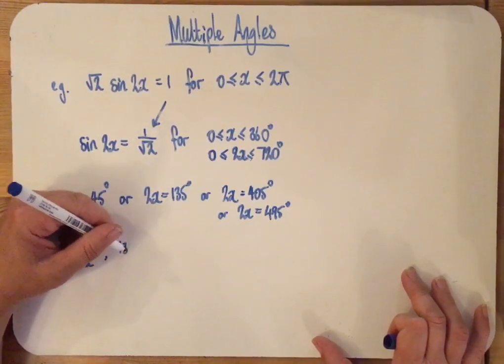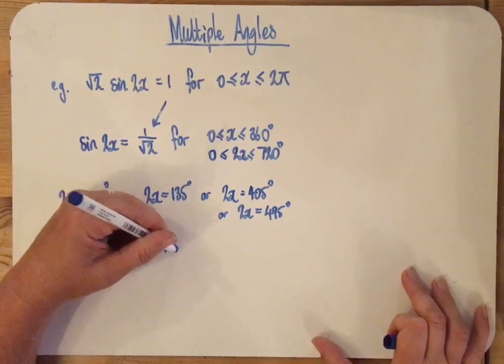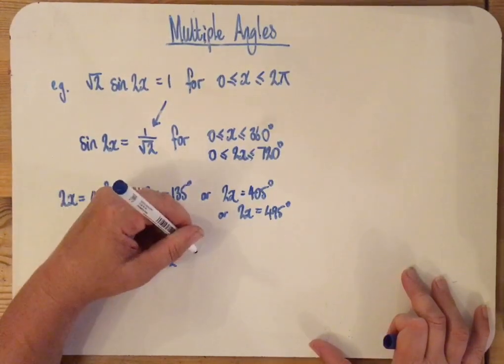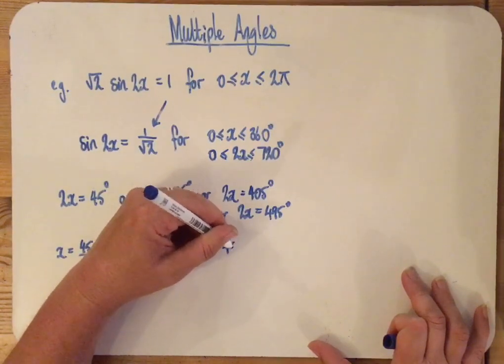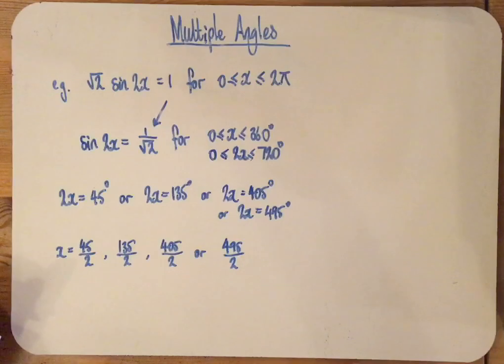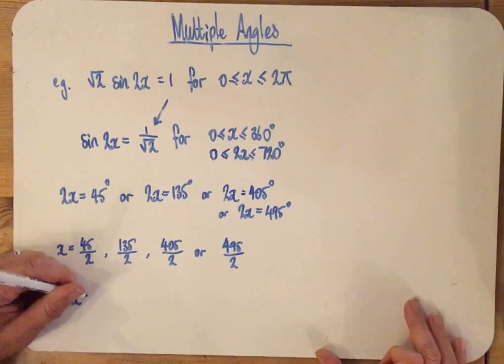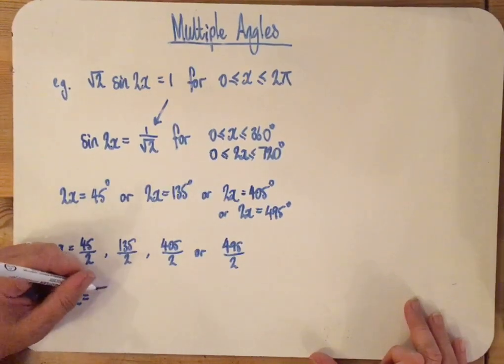So 135 over 2, 405 over 2, or 495 over 2. And then converting to radians, you times by pi, divide by 180, and you will end